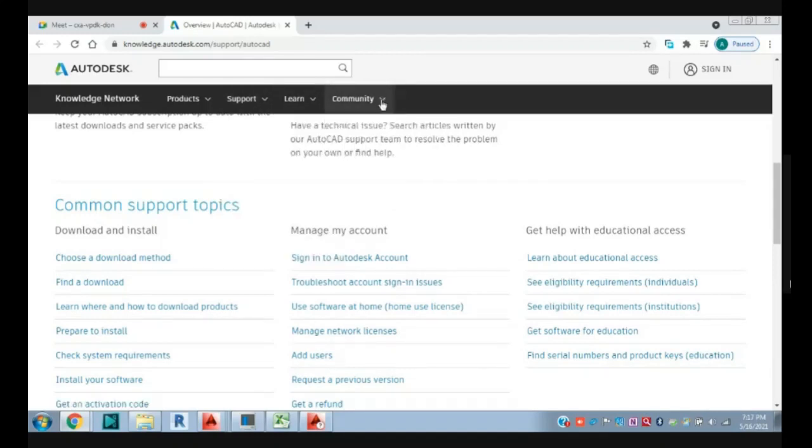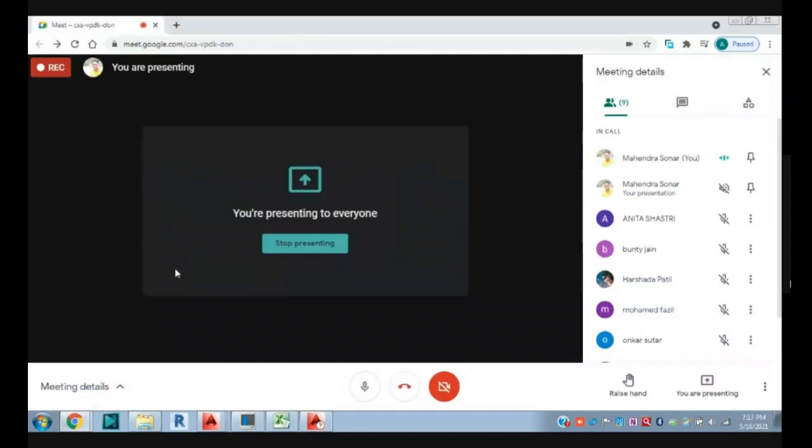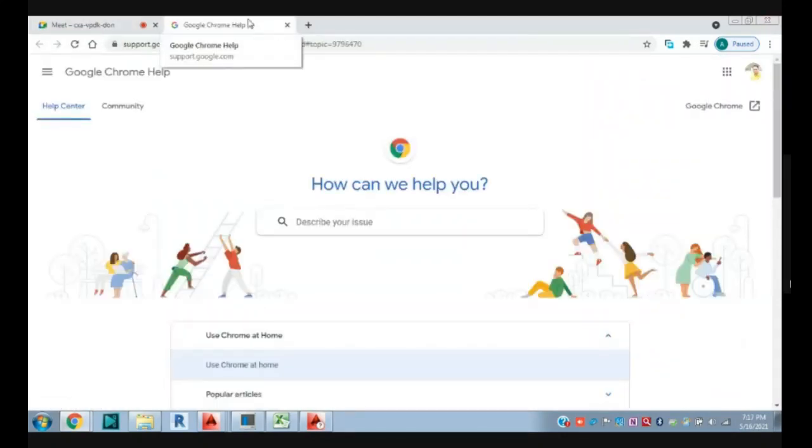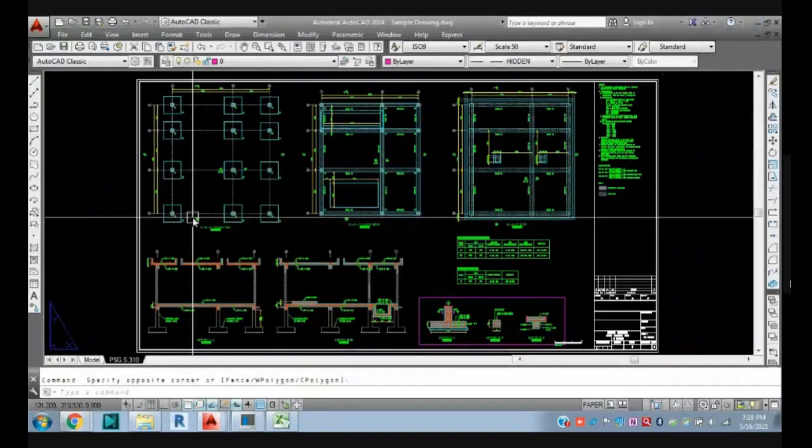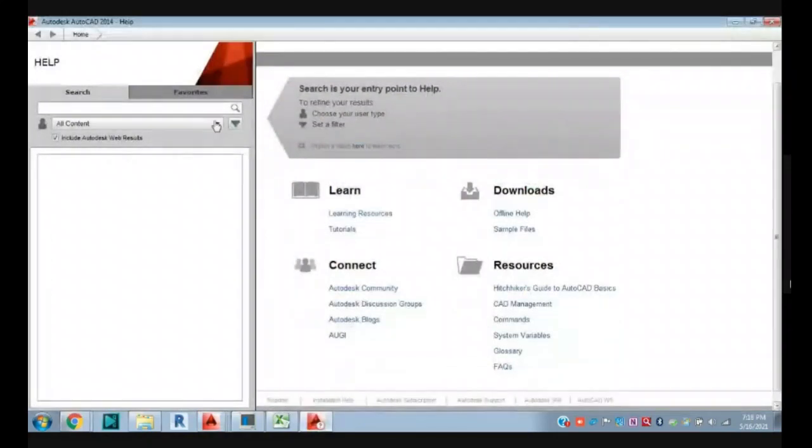Okay, if you go again, F1, sorry. Just press F1 here and you can see content. If you go here, all content, I will type here dimension style.